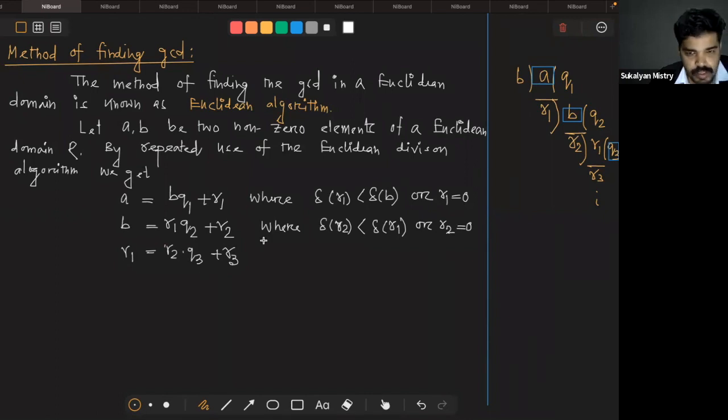Okay, where delta R3, this is less than delta R2. So continue this process,